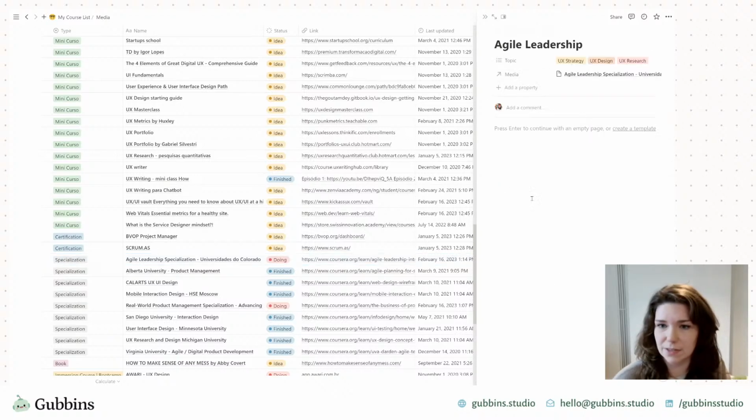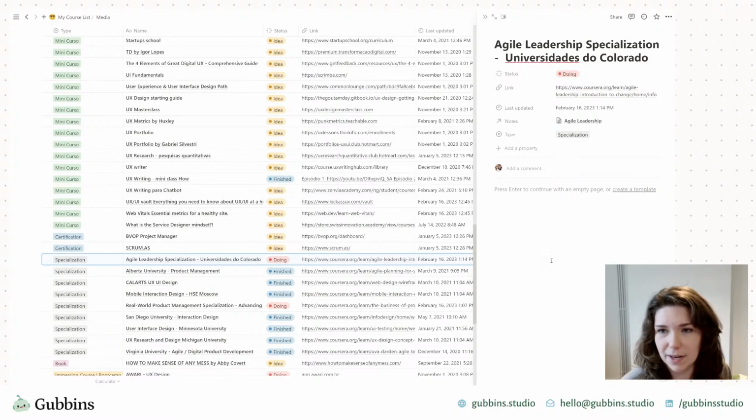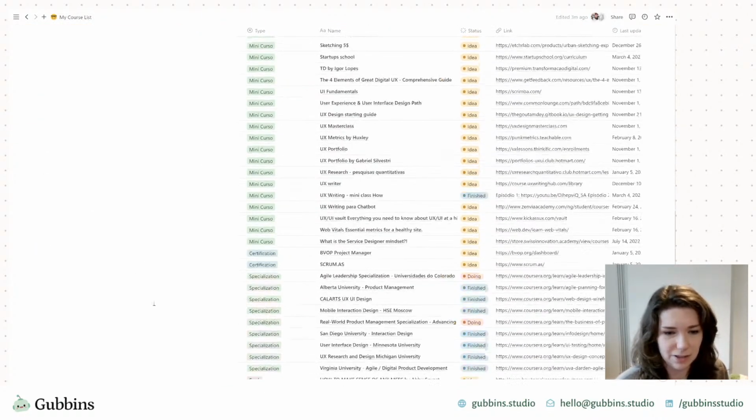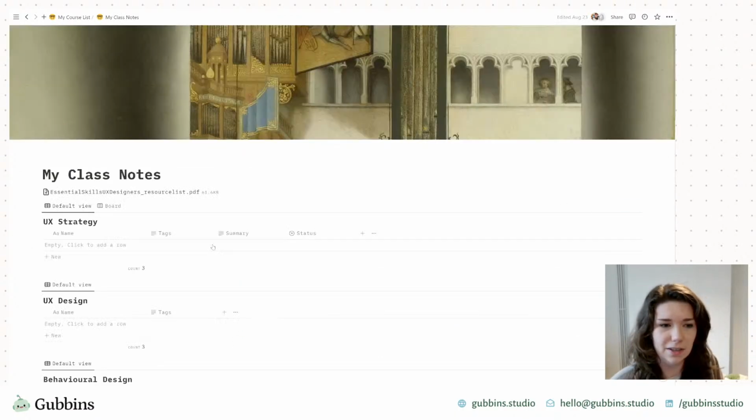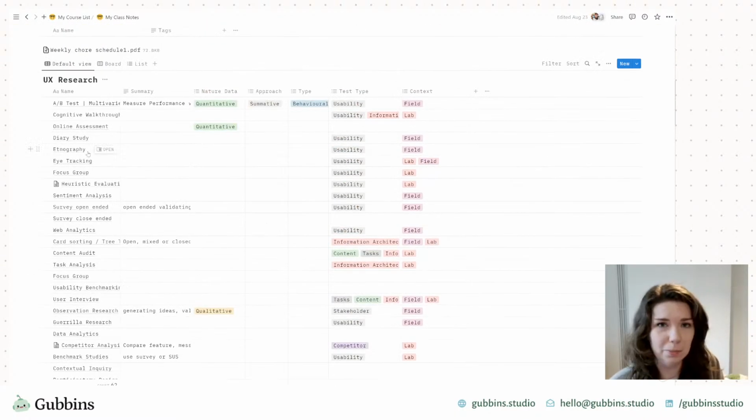So then if I went to these notes, say I'd gone to a particular video or a particular lecture and I was taking notes in this page, then I can link it back to the original course. So then if at any point I wanted to come back and cover something from this course, it would be easy to navigate in that way rather than having to go from the master page, then come down to class notes and dig through here by topic,